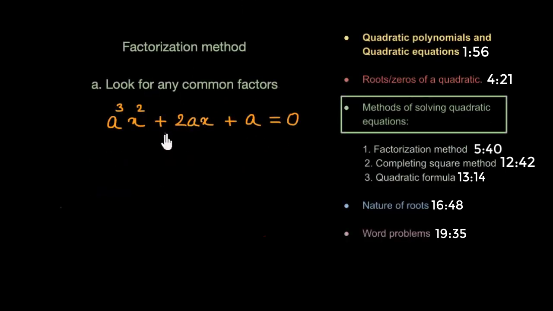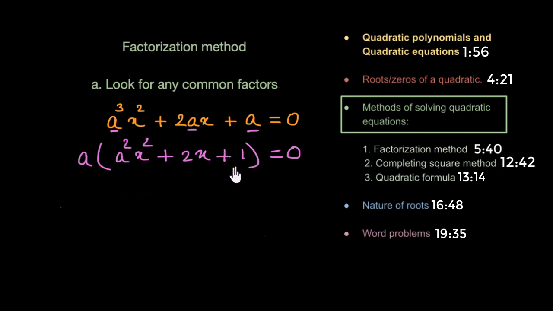So first of all, we would like to start with pulling out any common factor from the given terms of the quadratic equation. For example, in this case, we can see that a is the common factor in all these three terms. So what we can do in order to simplify this equation further is that we can pull out a from all these three terms. So what we would have here is a times (a x square plus 2x plus 1) equal to 0. Now we can further think about factorizing this simplified quadratic equation, but pulling out a made this clearer to factorize this further.